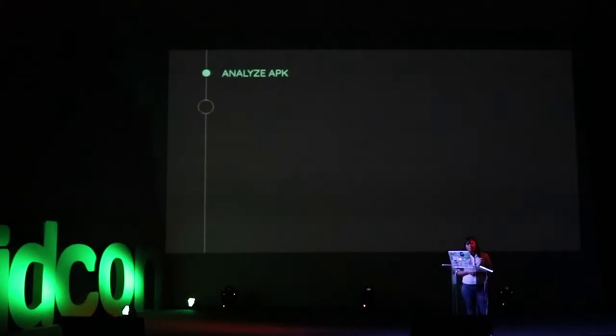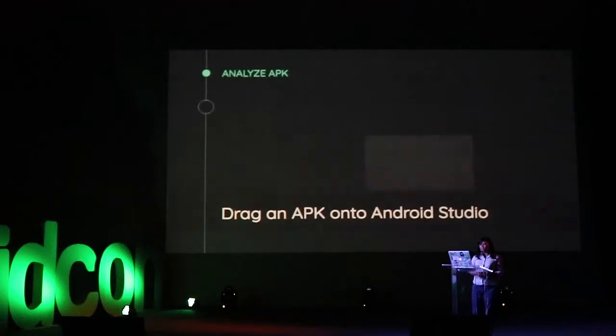Once you see those lists, if you want to visualize how big are my remaining files, or how many methods do I actually have? I know that there are a lot of third-party tools that developers came up with to analyze your APK, but this one actually slipped my radar. I didn't know it was available. So how do you analyze your APK within Android Studio?